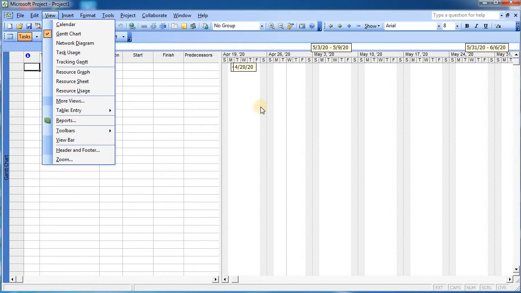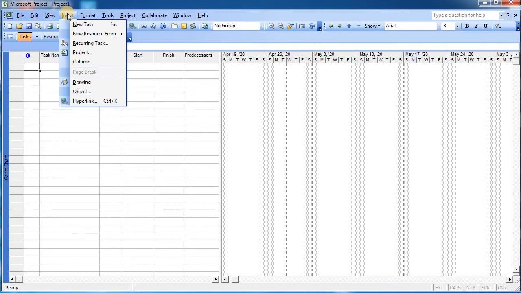It means that for this particular project, by default the calendar consists of 1, 2, 3, 4, 5 working days and so on. Whenever you develop the project, it will skip these 2 days, Saturday and Sunday, and then the counting will again start from this part. So this is the Gantt chart. Once we develop the project, we can move ahead and see the difference by clicking on the network diagrams, task usage, tracking Gantt chart, resource sheet, resource graph, etc.